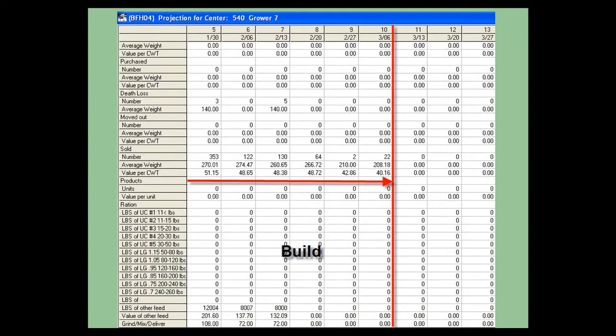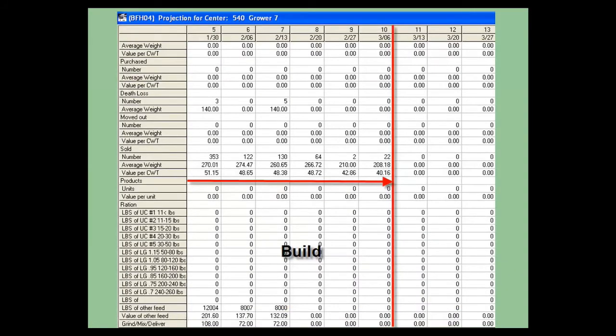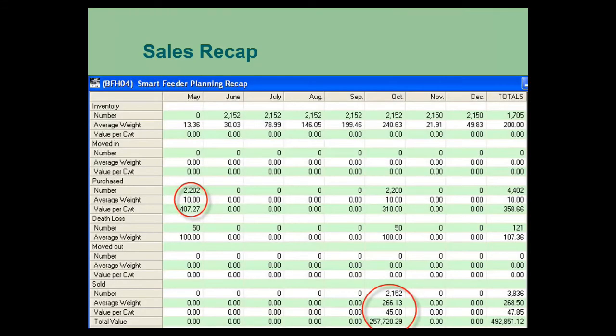And so you can work off of actual numbers. You can project, and you can see what's going on inventory wise. You can see the rations being used down here, the yellow, that they're switching rations and coming up with the dollars and costs. And then there's a recap function that breaks down by month, ties back, shows the number of purchases and sold and prices and